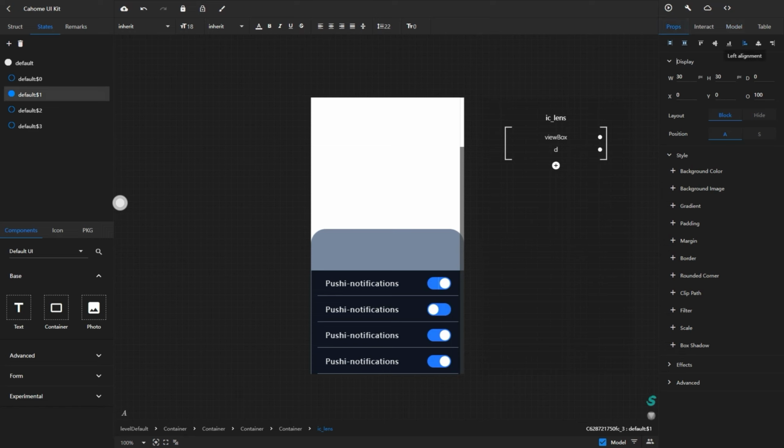Modify its location. Click again to activate the fourth substate. Similarly modify its position. Activate both states.